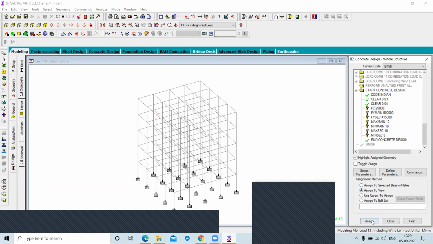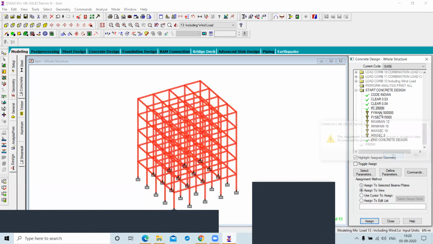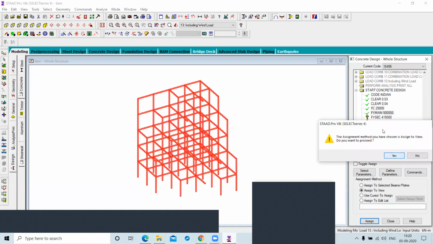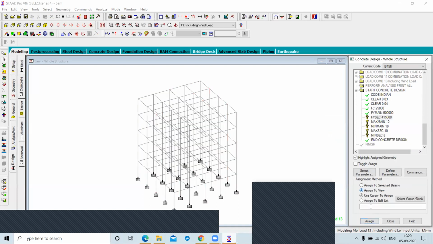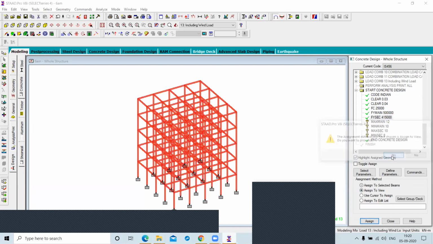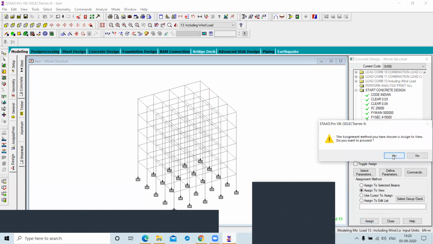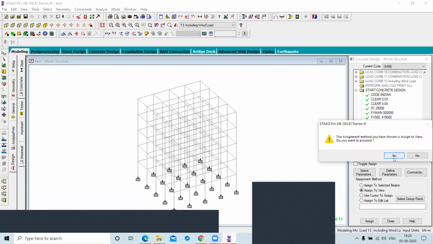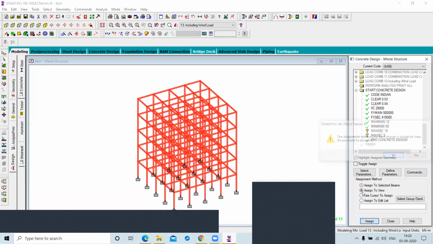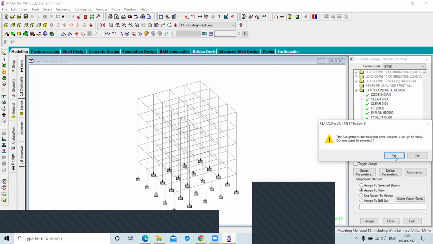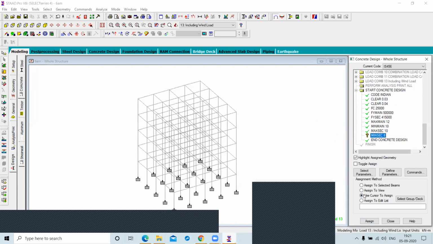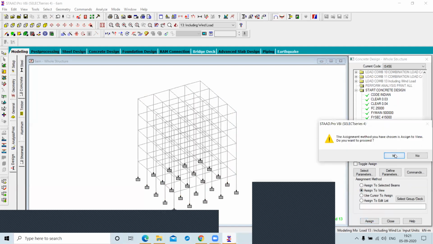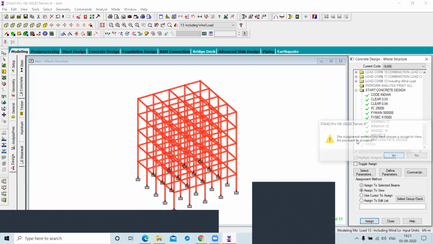Click on assign to view, and FY is also assigned to view, and other parameters are assigned to view. So we assigned all the parameters, right?